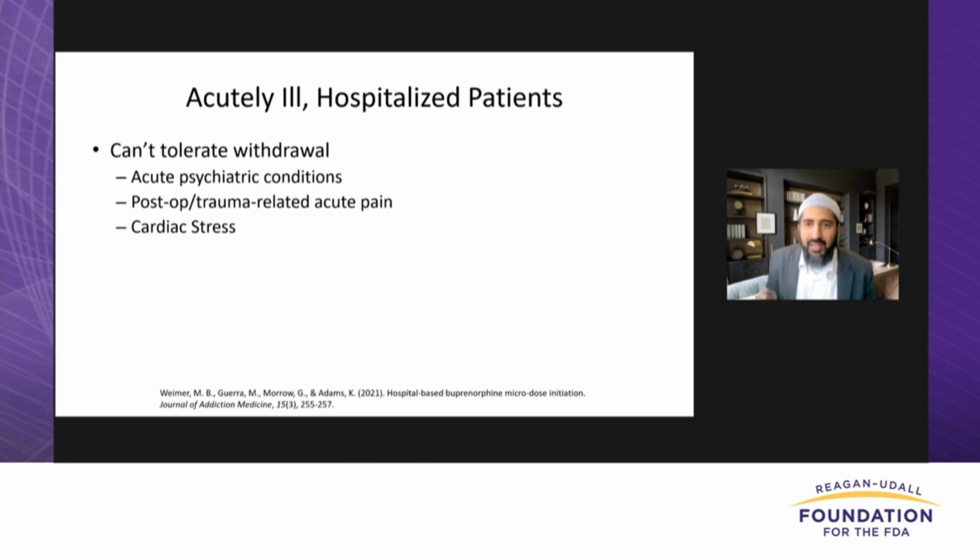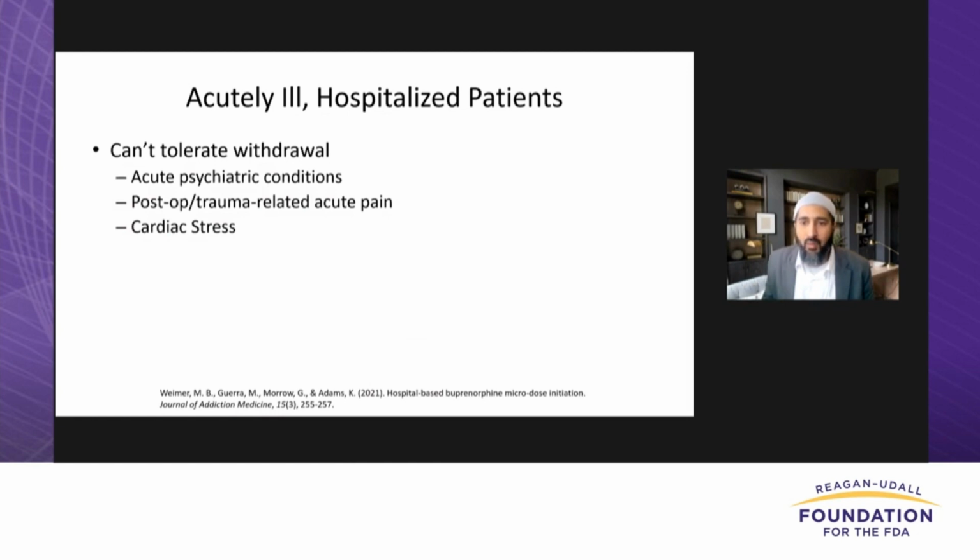Examples of patients that can't tolerate opioid withdrawal include patients with opioid use disorder who are post-op and require opioids for acute pain needs, or patients who have sustained a trauma, possibly due to being intoxicated, which fits the archetype of somebody with opioid use disorder. Also, patients with opioid use disorder and co-occurring acute psychiatric conditions. With these patients, we have to treat their opioid use disorder to treat their psychiatric conditions, and they often can't tolerate the dysphoria and anxiety of going into opioid withdrawal before starting buprenorphine.